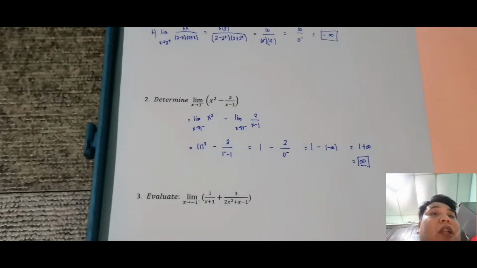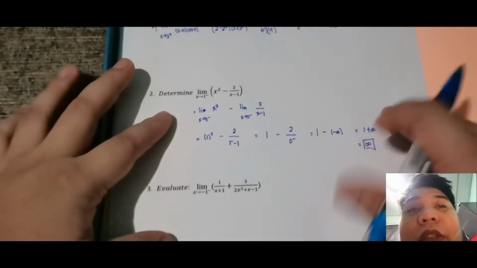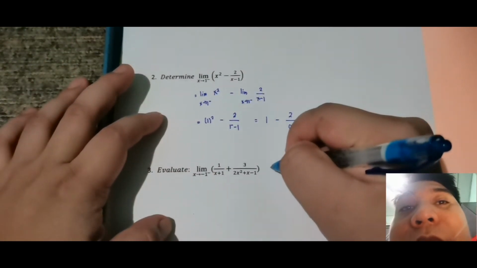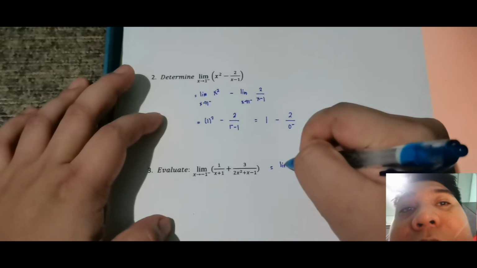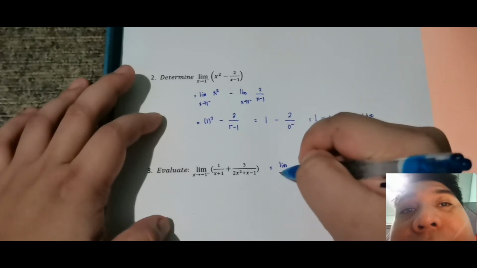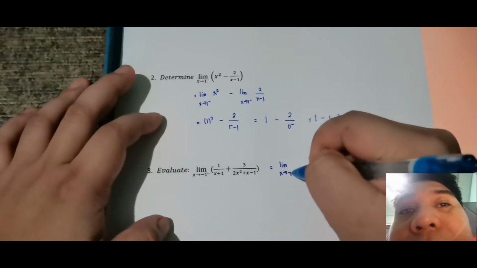Okay, that is the value. Okay, so number 3, evaluate the limit of 1 over x plus 1 plus 3 over 2x squared plus x minus 1 as x approaches negative 1 from the left. Okay, so let's check the values, or rather factor the denominator first. So this is equal to the limit as x approaches negative 1 from the left